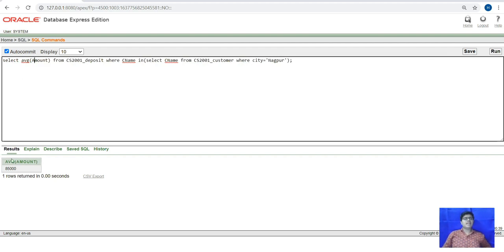When we run this, we get the average amount from the deposit table, where cname is in the customer names selected from customer where the city is Nagpur, and it prints here.